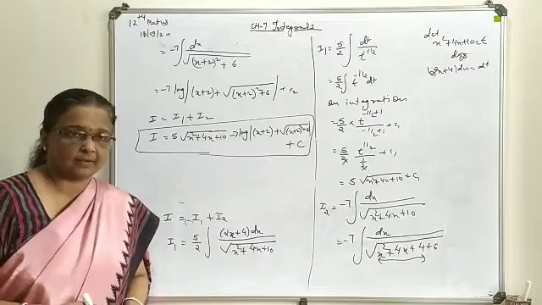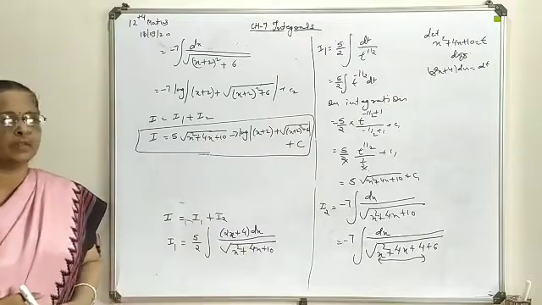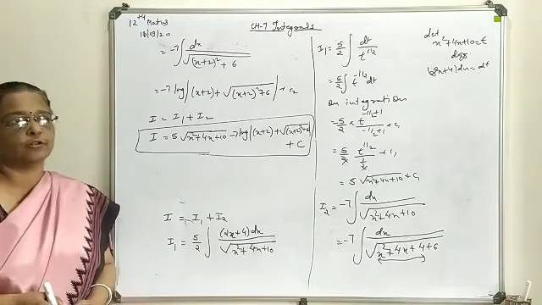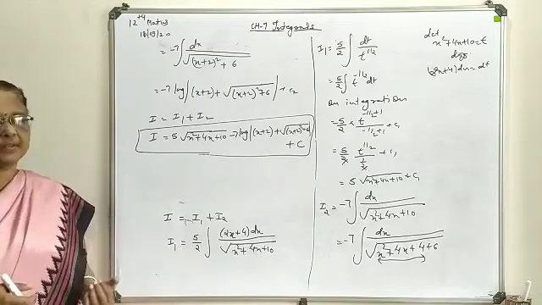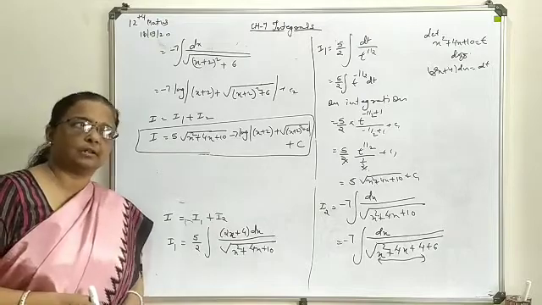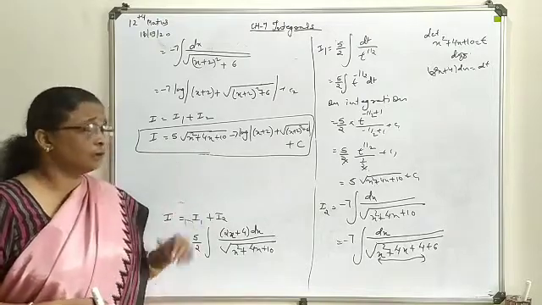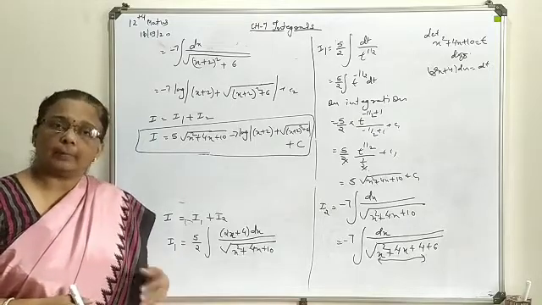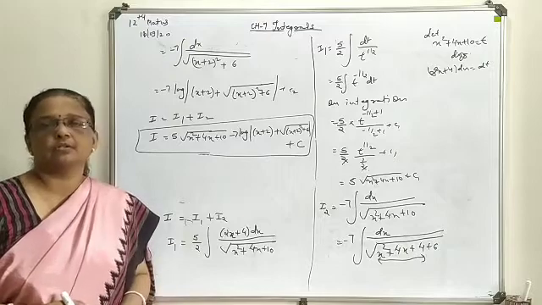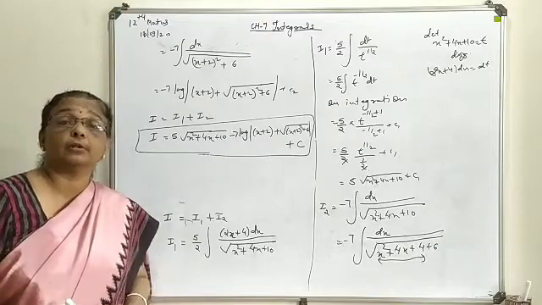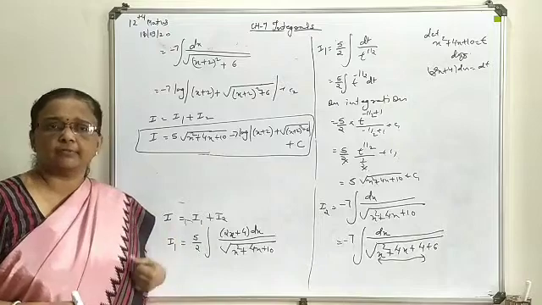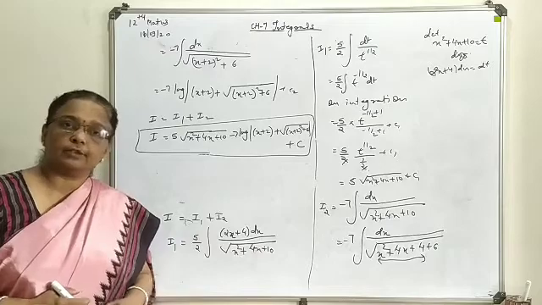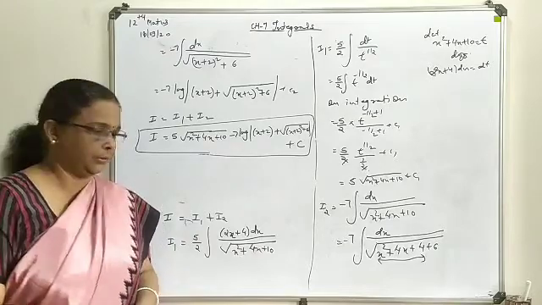Here the main task is, as per the question, denominators are to be factorized and constants are to be introduced to make them separate. So first of all I am going to list out all the forms in which different types of constants are to be implemented. But before that, one question I am going to solve, so you will be clear why we are going to introduce constant form. So a very simple form we are going to discuss here, and then we will list out all the methods through which different types of constants are to be introduced.